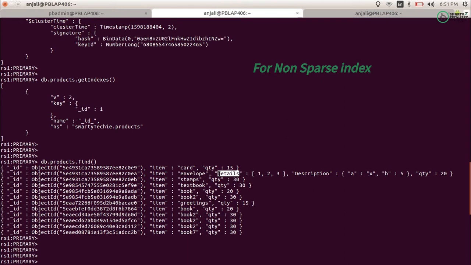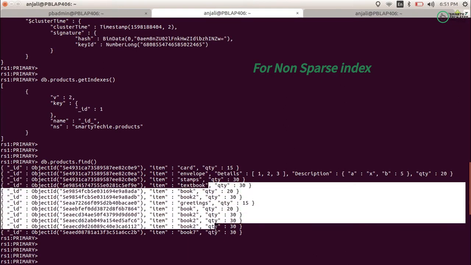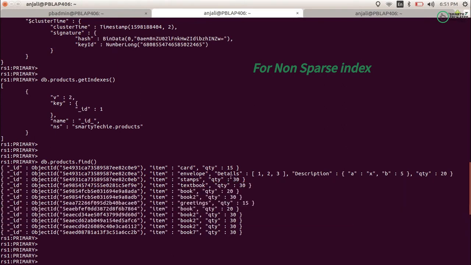I'm saying that if these other documents don't have the details field on which I want to create an index, it will still create an index entry for those documents too. So it will just create a bigger index and a larger size of it.